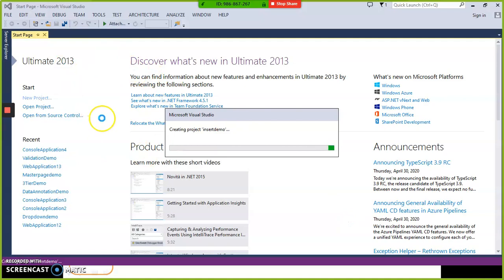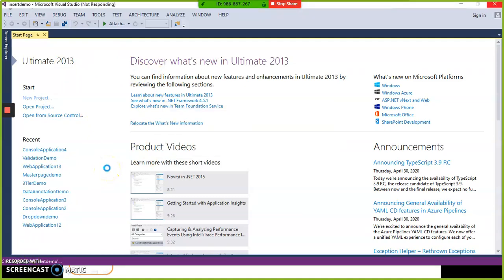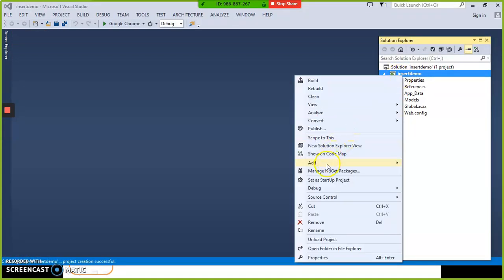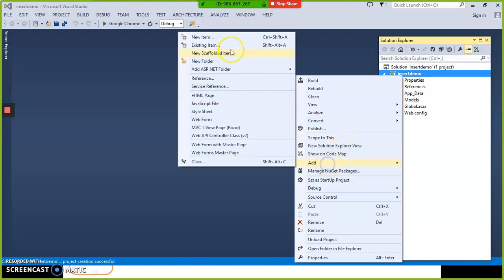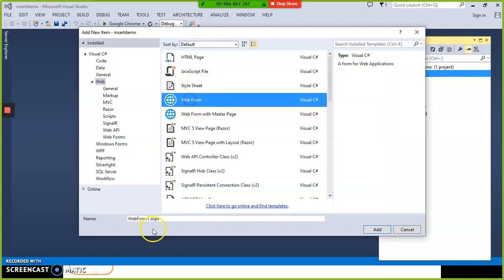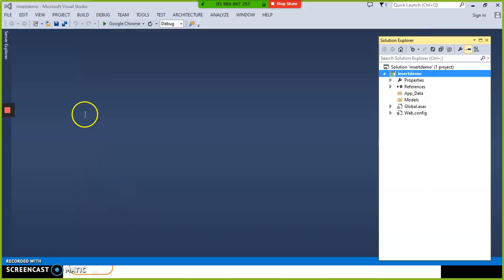I want to show you practically how to work with connection-oriented architecture. Whenever I insert the values in the front end, I want to store all these values in the back end. Are you following? So go to your Solution Explorer, right click on the project, add new item, select web form. The name of the web form I will give as something like demo.aspx. And go to your design window.